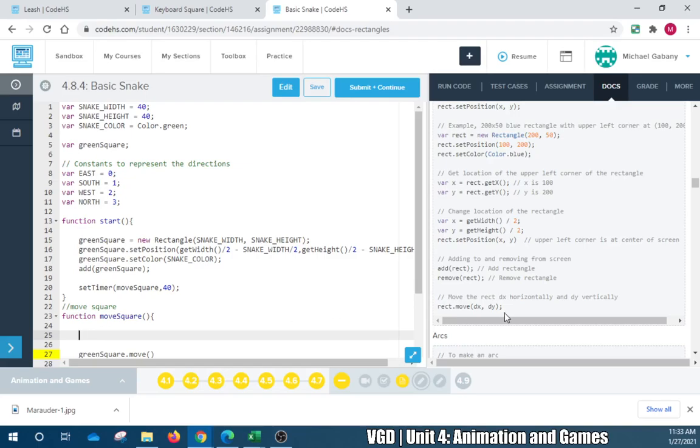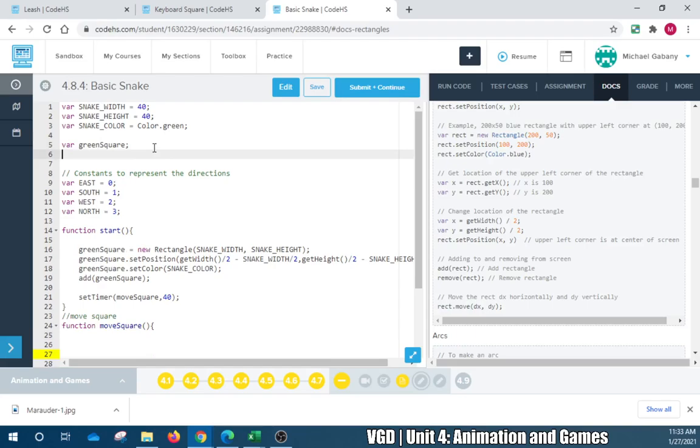But we can't use move, because move is when we press a keyboard key and hold it down. Okay, how about this? How about we give it an initial direction,